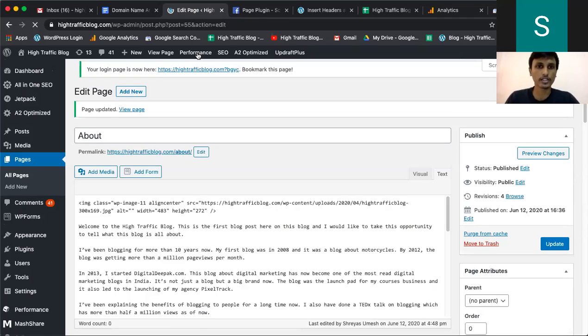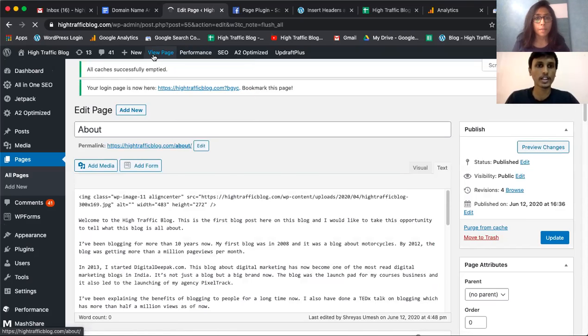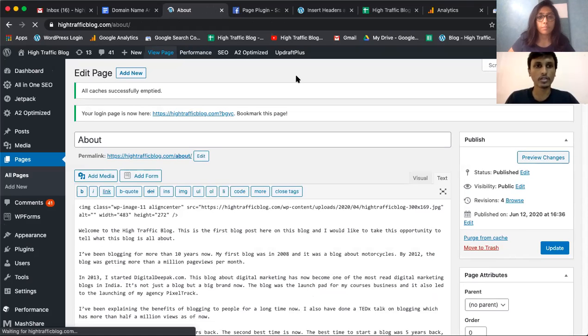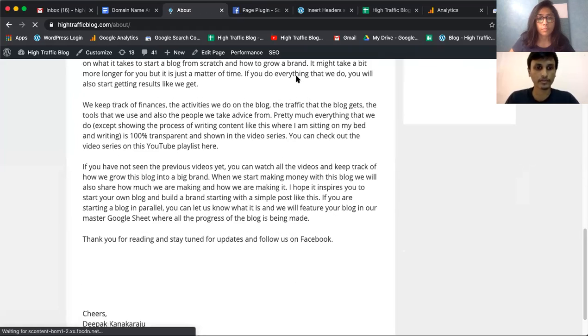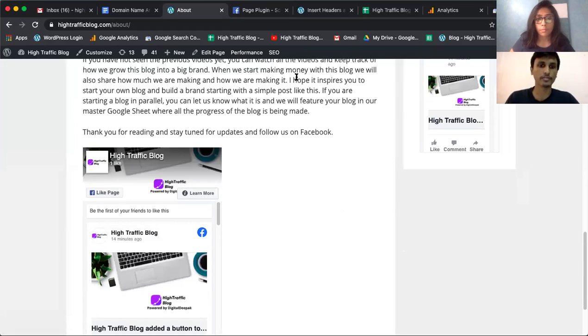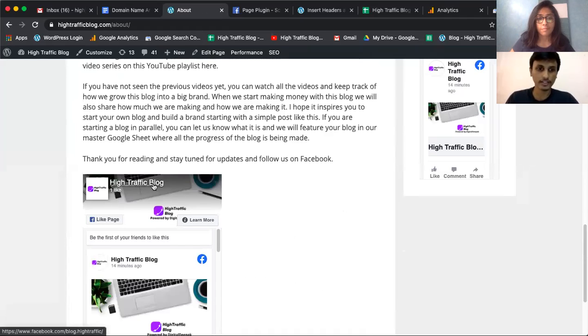And once we do this, let us also clear the cache here. And quickly view the page and see how it looks. Awesome. So yeah, as you can see, the page has been embedded successfully.